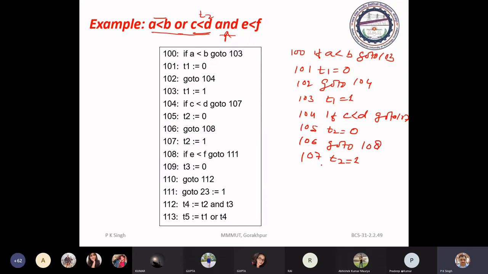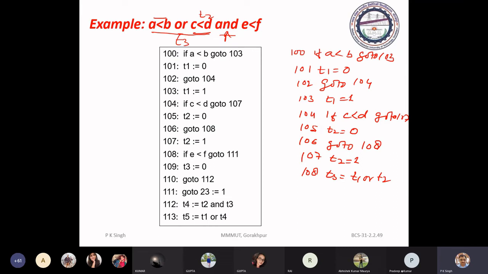Suppose that temporary is T3. So 108 is T3 equal to T1 or T2. Now this will become T3.